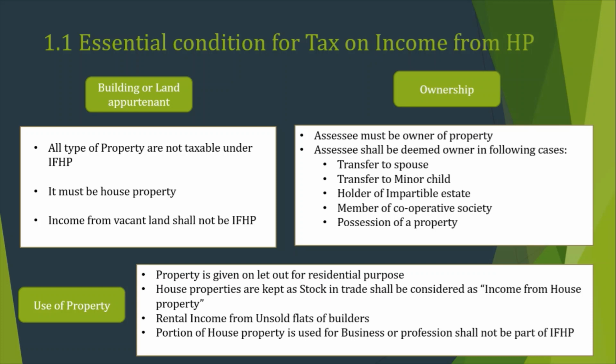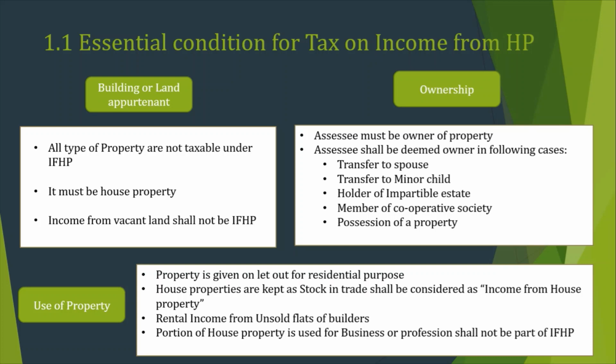But there are some cases where we will consider the deemed ownership. So what are those cases? Suppose there is a transfer of house property to the spouse without adequate consideration. Then the person who was the real owner of that property before the transfer shall be the deemed owner. Same for transfer to a minor child, but it is not applicable for a minor married daughter. If any property is transferred to the married minor daughter, in that case it will not be covered in the income